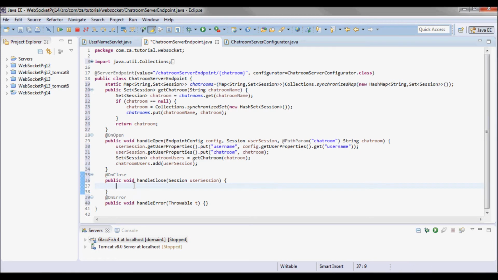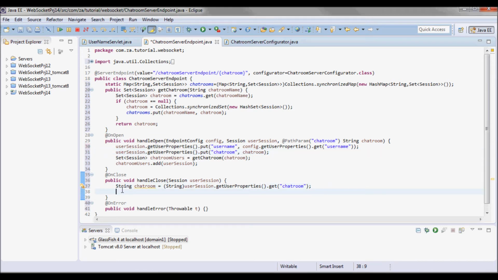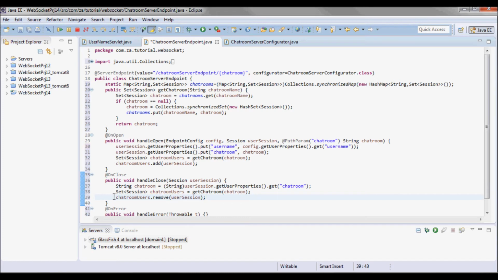So here what I will do is to pick up the chat room name from the user properties of the session that we stored over here, and use that name to pick up a set of sessions, so the chat room users, and then remove that session from the set of sessions associated with this chat room.